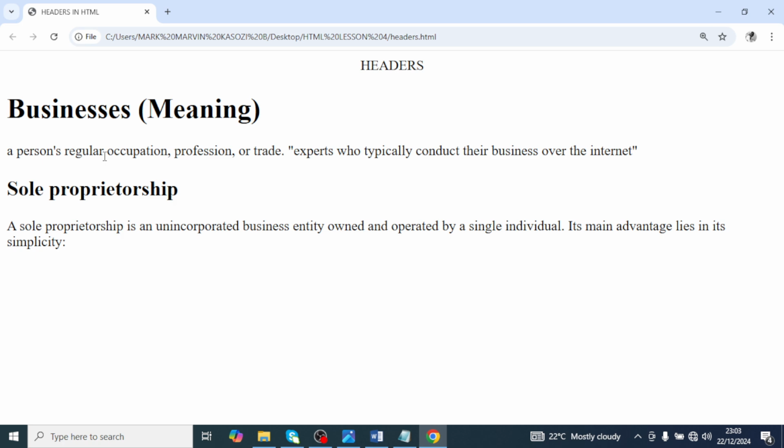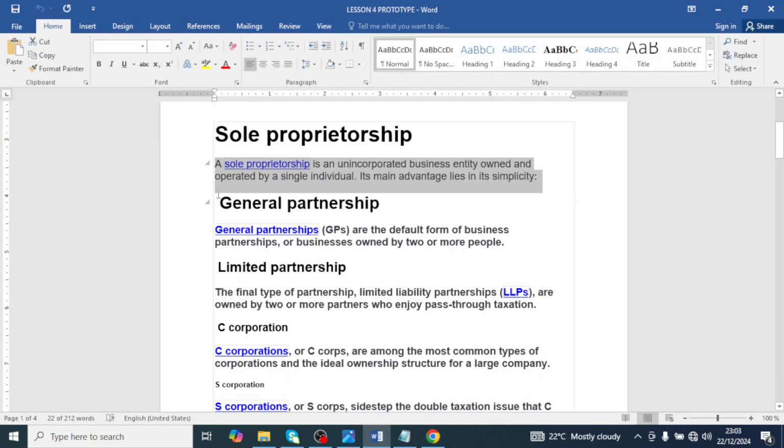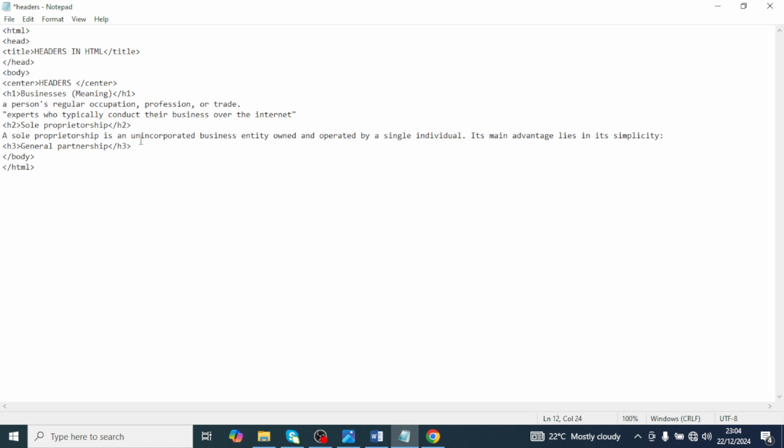That is it. Now you see that h1 was business meaning, h2 sole proprietorship. Now you should see the difference between the two headings, because heading 1 is so big compared to heading 2. Now back to my notepad, I'm going to create another type of heading. They run in numbers from the highest to lowest. Now h3 is another type of heading. So I'm going to go to my prototype. I copy this, then I go and paste it at h3, and then it is general partnership